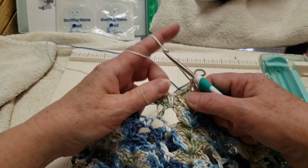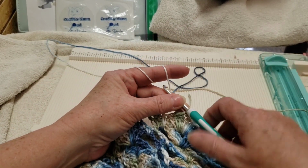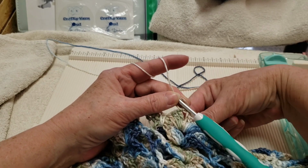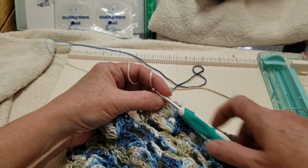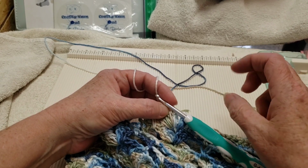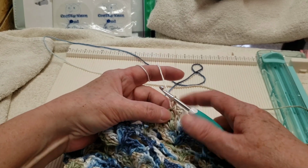Make a shell into a shell, like we were doing before, and I'm going to just keep on working until I get just past my wrist, which is where I stopped on the other one. I think I counted how many rows I did. Yes, pay attention and keep track of how many rows